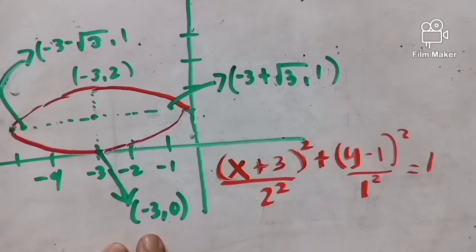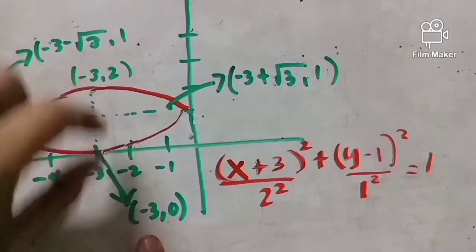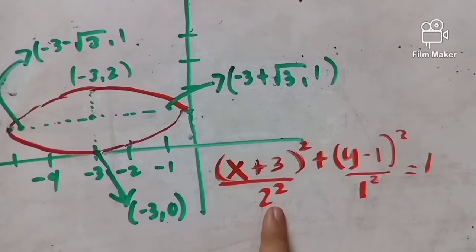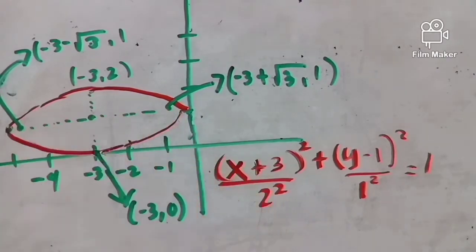So, yung minor axis natin, which is 1. Ito yung 1. Tapos, syempre, alam natin na ito ay 4. So, magbibilang tayo ng 1, 2, 3, 4. And then, after that,